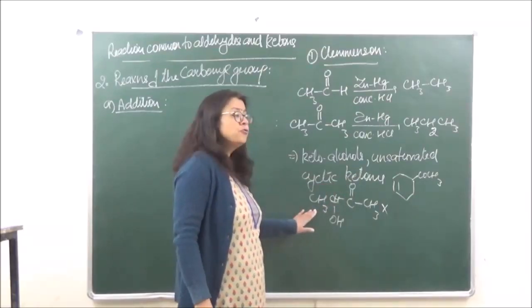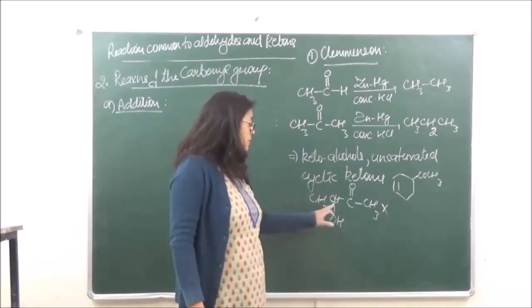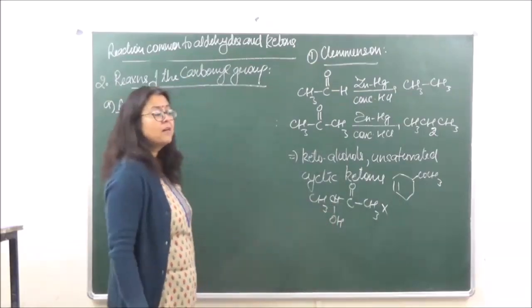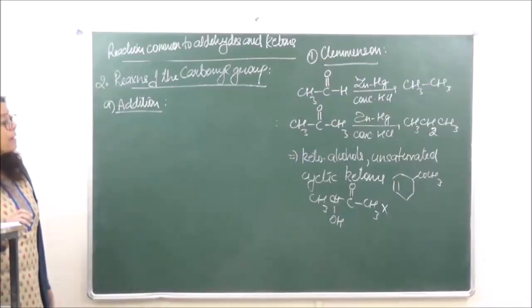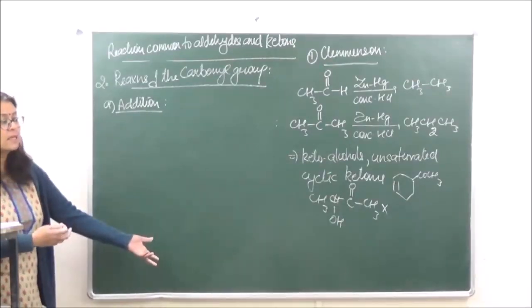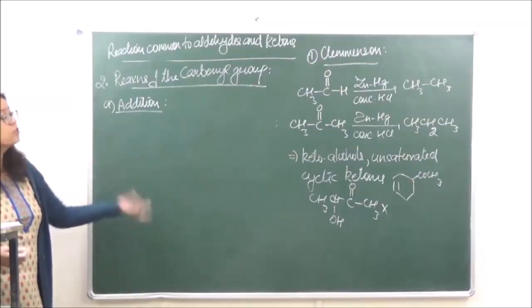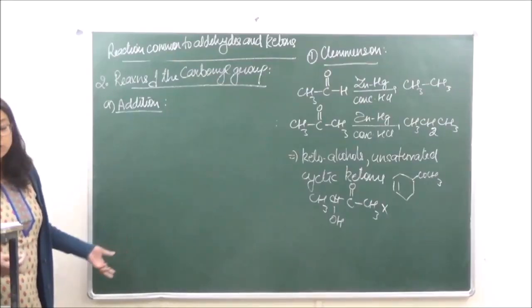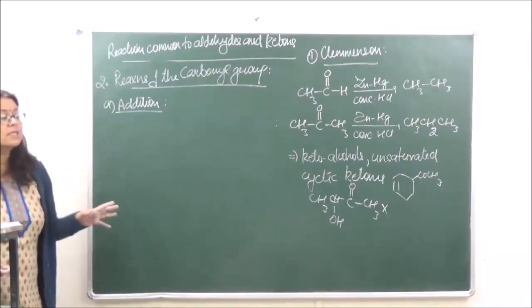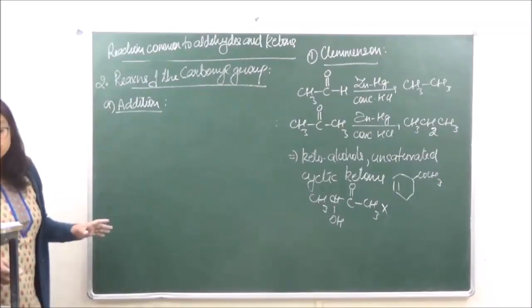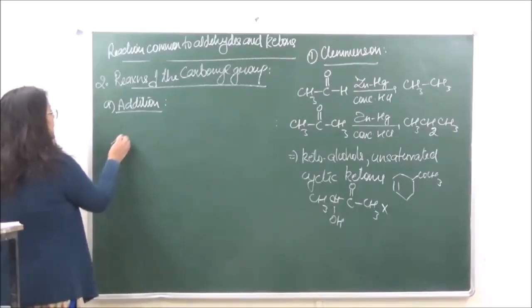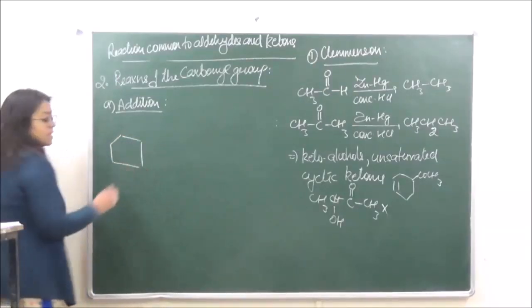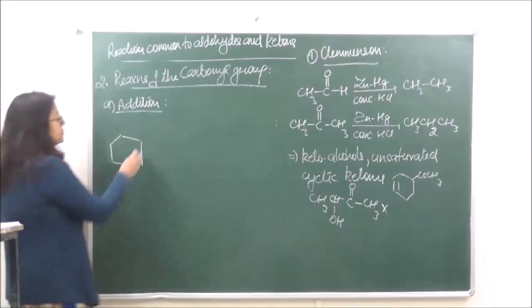And we cannot do the reduction of those compounds in which the OH group is present at the alpha carbon atom. Okay? So what is going to happen if we have compounds like this? What is going to be reduced if it is not the ketone? It is the hydroxy group which is going to be reduced over here. So let's see what kind of reaction we have. Let's take a compound of this type.